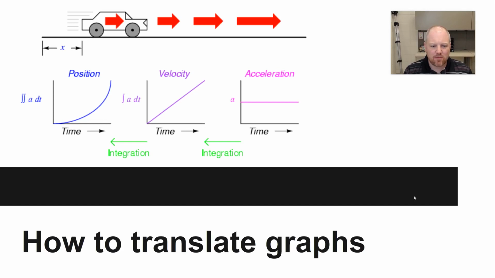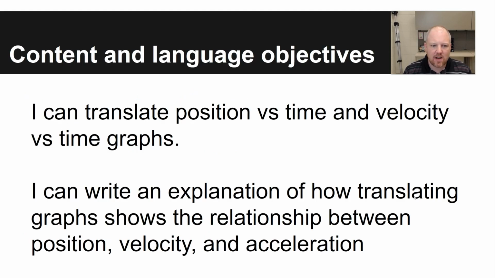Hello, in this video I'm going to explain how to translate graphs, how to take a position versus time graph and figure out what the velocity and acceleration would be at any given point of that graph. First off, the content and language objectives: I can translate position versus time and velocity versus time graphs. A language objective is I can write an explanation of how translating graphs shows the relationship between position, velocity, and